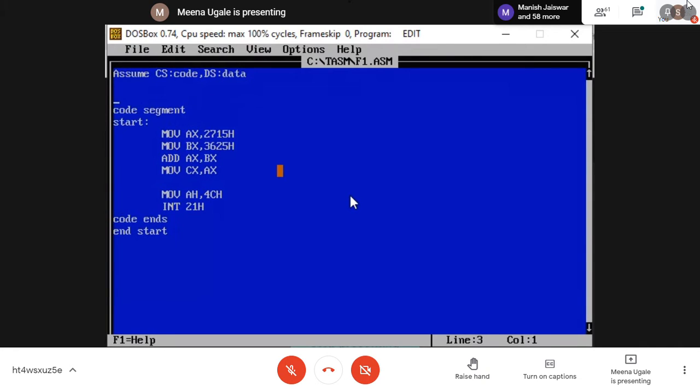I'm adding one more part in the assume statement. Initially, it was only CS as code. Now I'm writing DS as data also. Please open a new file and do the changes.